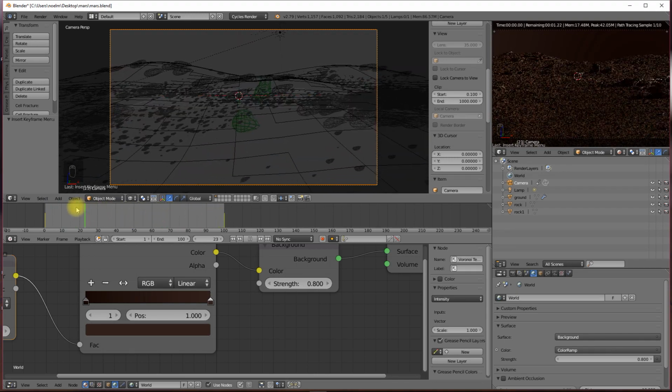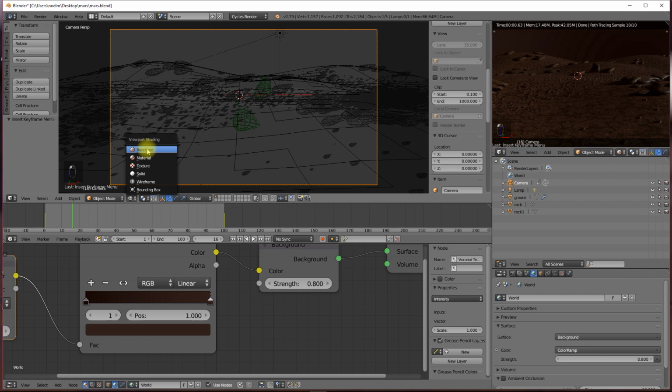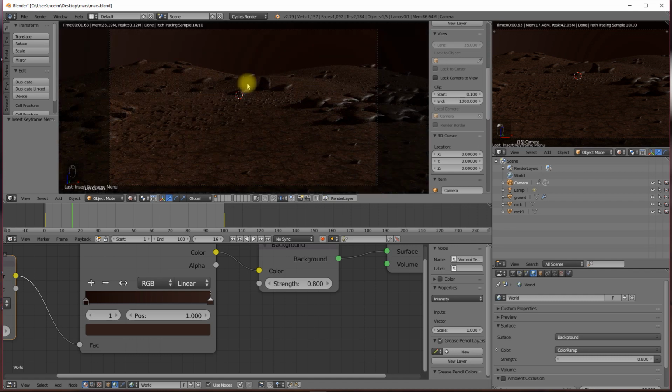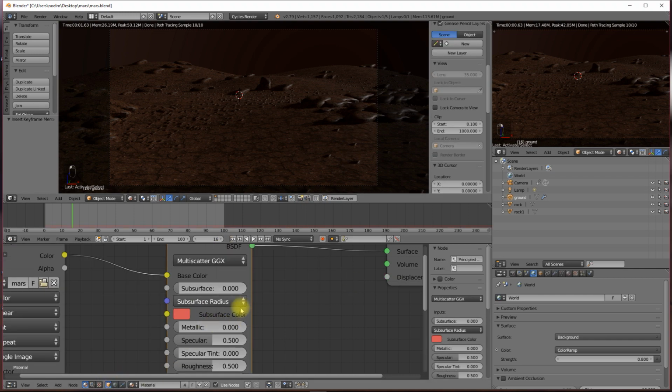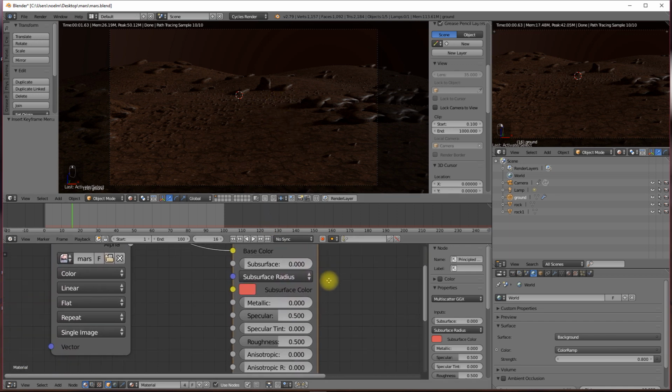So this is how we would make our environments. We could green screen a character and place it on this. We could do all sorts of really nice things. Before we finish up, let's just finish off